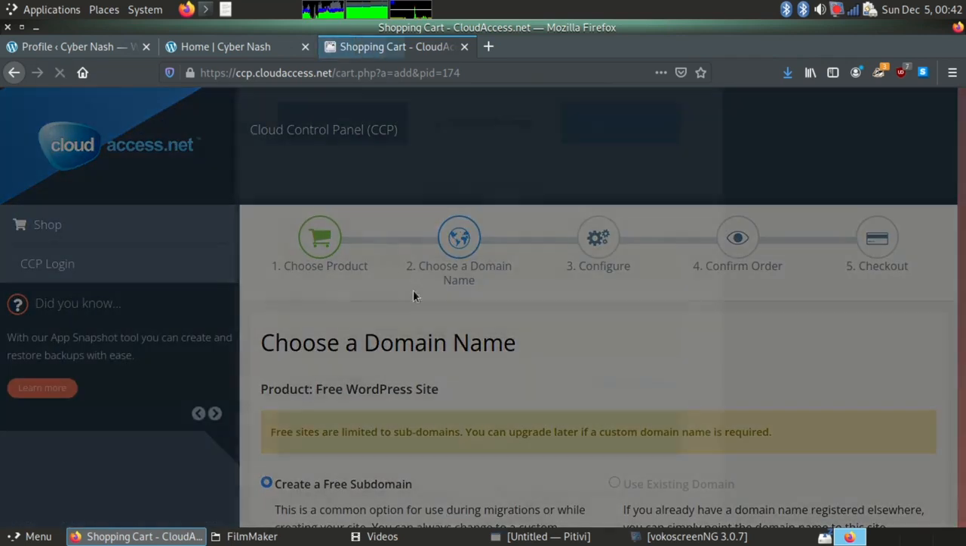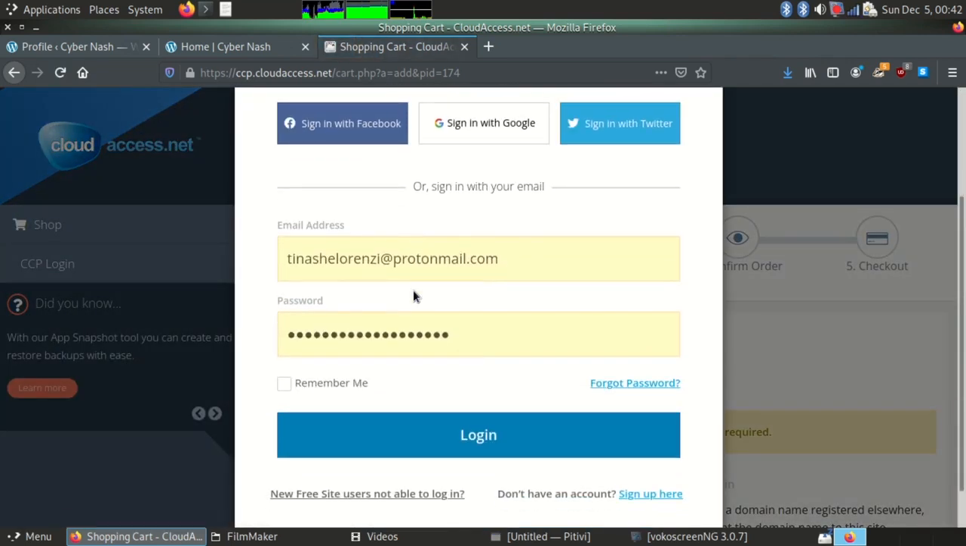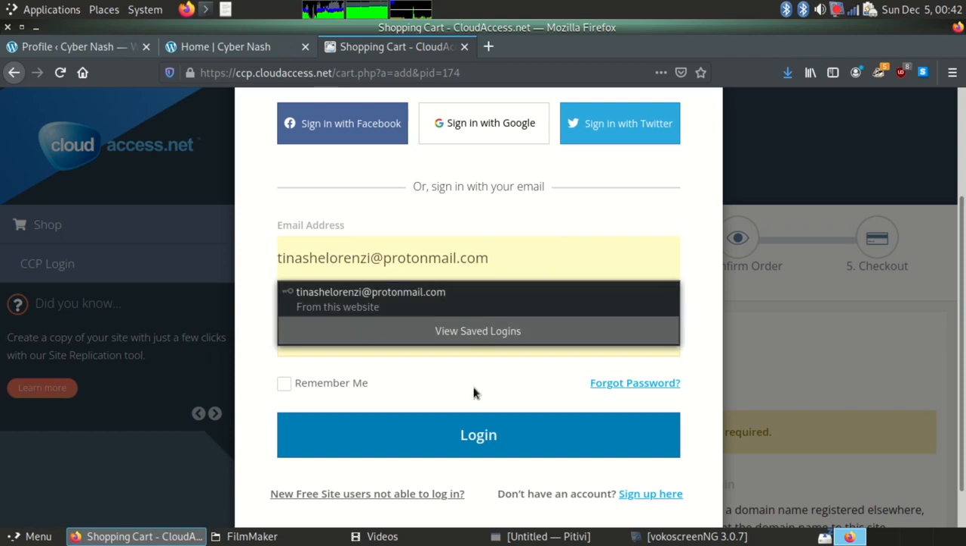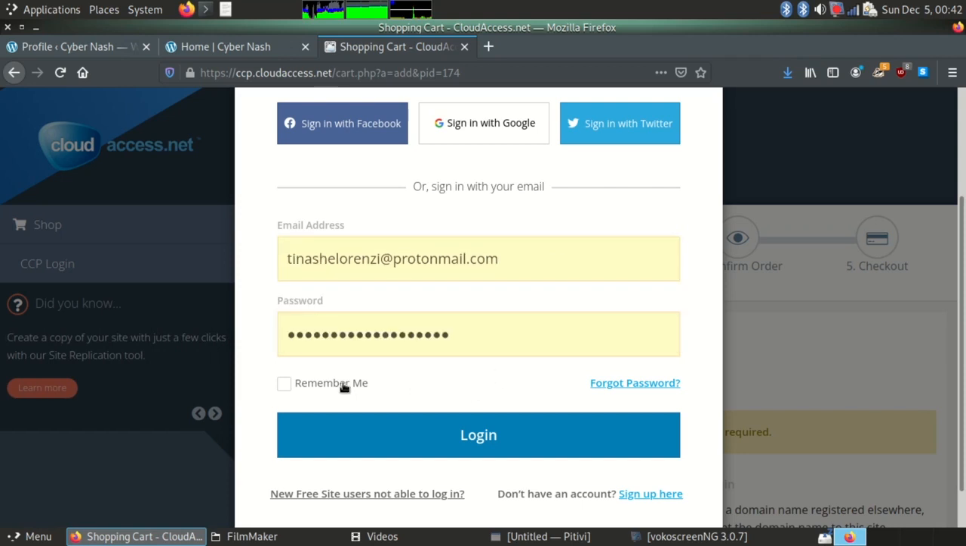So I'm going to hit that, and then this is what's going to pop up, a sign in. After your registration you will have an email address and a password, so you'll just need to sign in. You can click remember me just to make sure that you don't have to go through this tiring process of logging in again. So you're going to log that in,